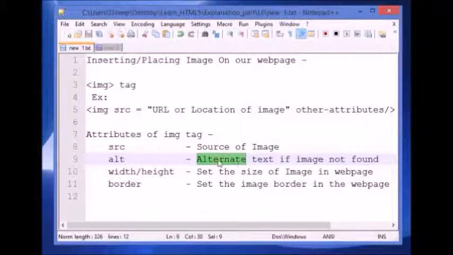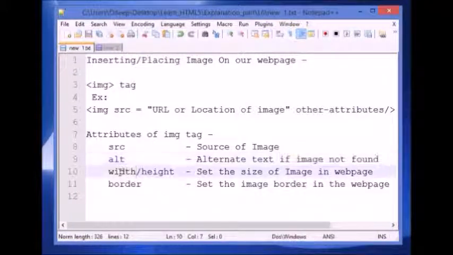So it is used to display a short message in place of image if image cannot be displayed by the browser due to any reason, right? So alt is basically a short message or short information which is displayed in place of image if image is not found by the browser. Okay,